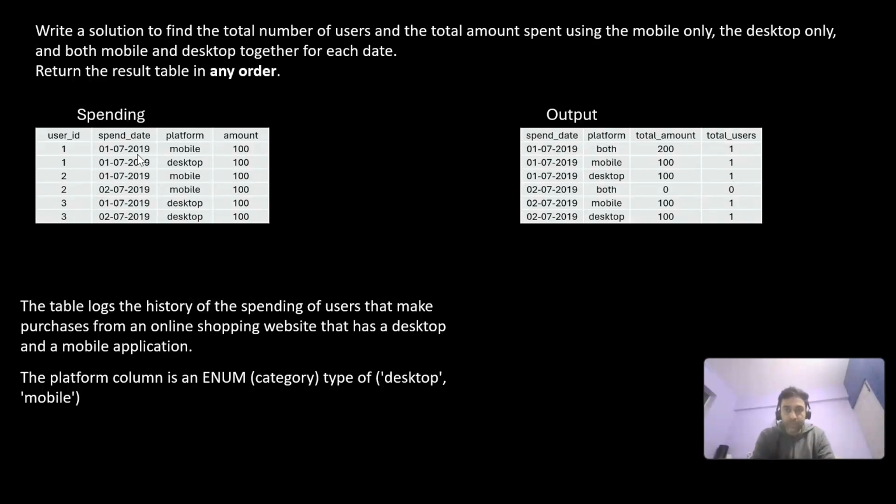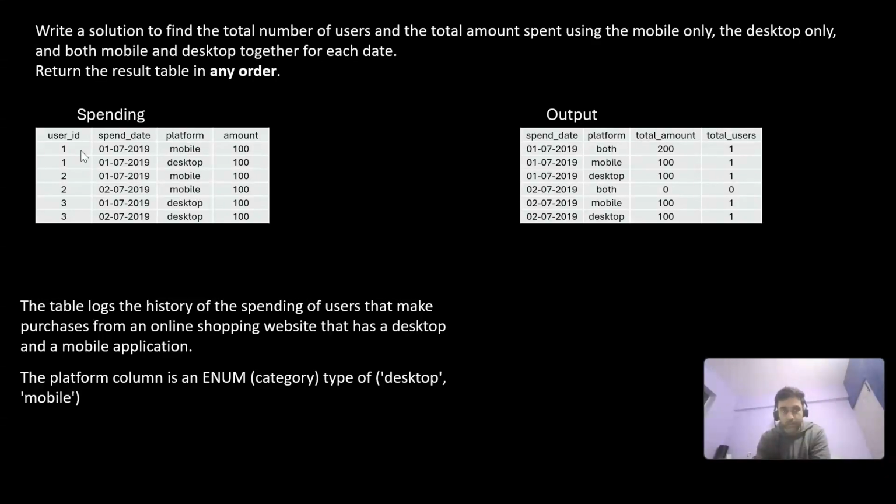Okay, so in this particular question, the main idea is that we need to do group by. We first need to identify those users who made purchases through desktop, those who made purchases through mobile, and then through both. So we need a way to include both in our result. To get both, we will first group by user ID and then check the distinct platform for every user ID. And for any given user, if I get the distinct count of platform greater than 2, or sorry, greater than 1,